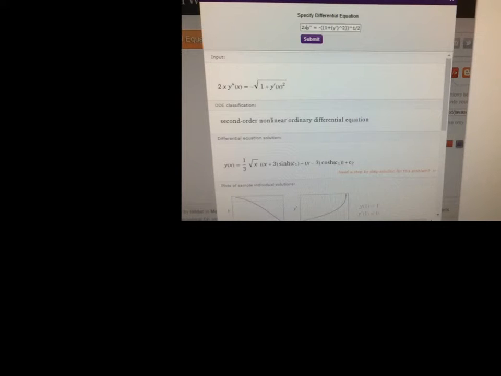I've tried a couple of different options. So the one is the website Symbolab that we've looked at before. I had difficulty putting it in there because it just came back that it couldn't solve it, even if I chose second order differential equation. It just said it had no steps on file or something like that. So I went to Wolfram Alpha,